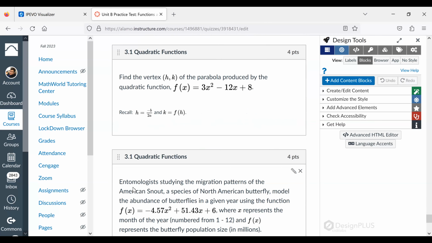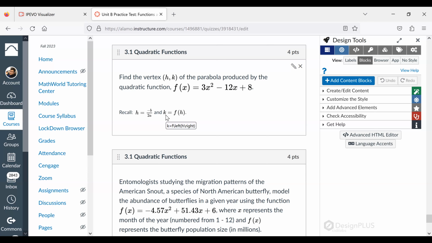So here I actually gave you the formula to find the vertex, and I also taught you two ways to find it. Use the completing the square method or use this formula. This is the easiest way, unless you have a reason to have it in standard form. Okay, so